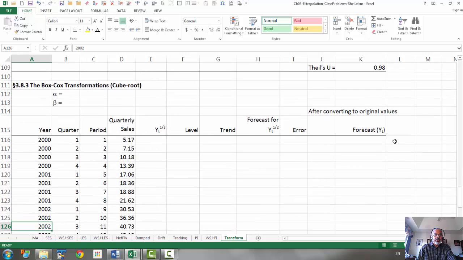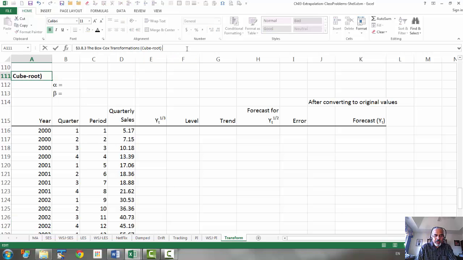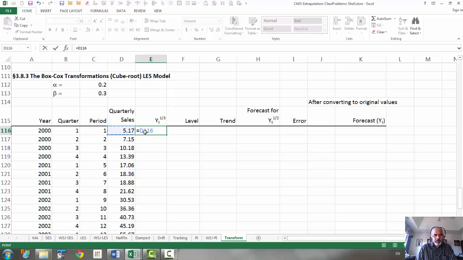Okay, now let's look at the Box-Cox transformation, the cube root type. Once again, we're going to use the LES model for this. Let's start with 0.2 and 0.3 as the initial trial values. Here we can do it like this. So we take the value and then we can use the power function within brackets 1 over 3,